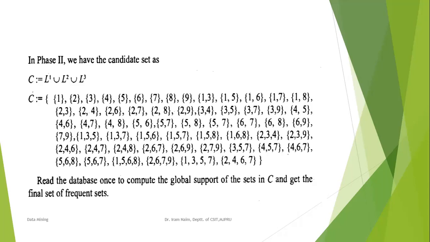So the scanning of the database is reduced somehow, because initially you are scanning the local databases which are smaller in memory size. So the time taken for scanning the database is now minimum. Okay, so initially you scan the partitions of the database, you find out the frequent item sets, and after that, when you are able to develop the complete set, then you find the global support count.